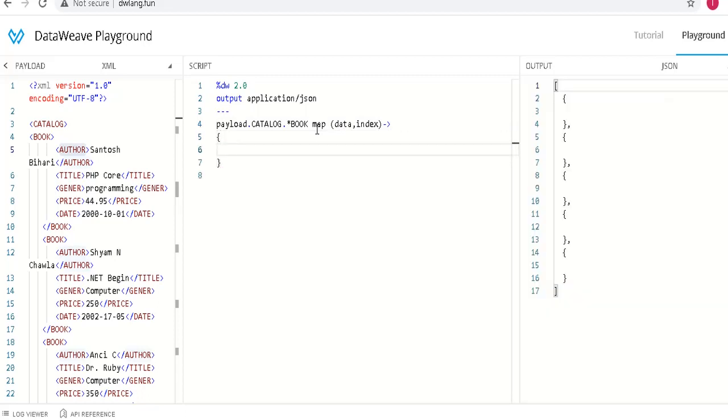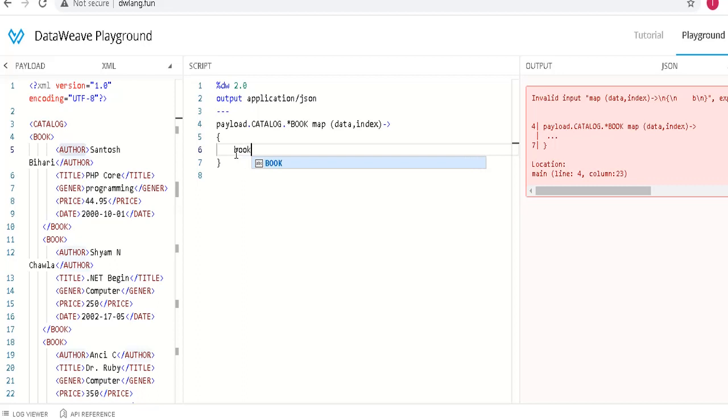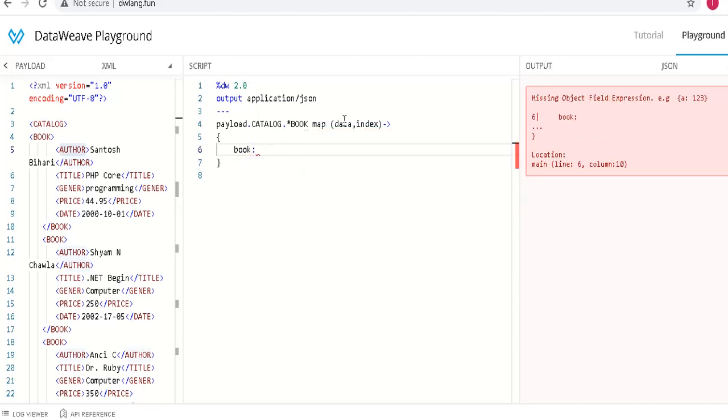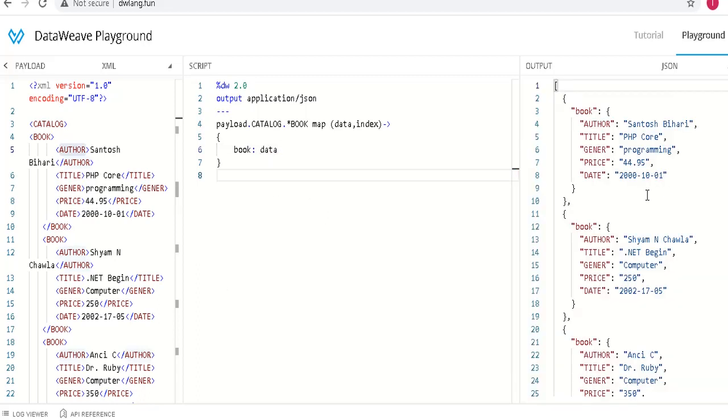So coming to our topic, how to exclude a particular field from this input data. Okay, so this data is your field here, right? So I am giving one more field like book, and I need to exclude the author field from your input payload. In this case, the data reference will be your input field. So you need to take data, and observe here. If you put only data, it will display all the book details in this format. But here the author field is still there. So how can you exclude this author field?